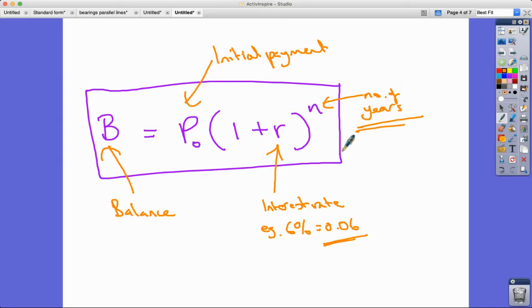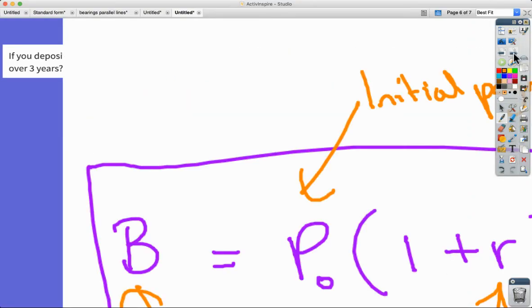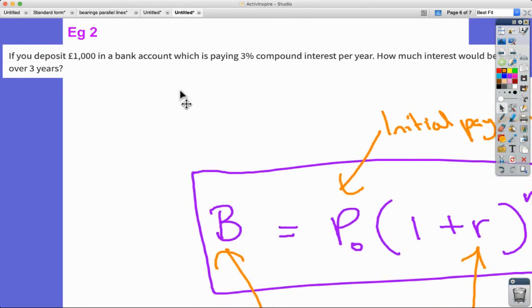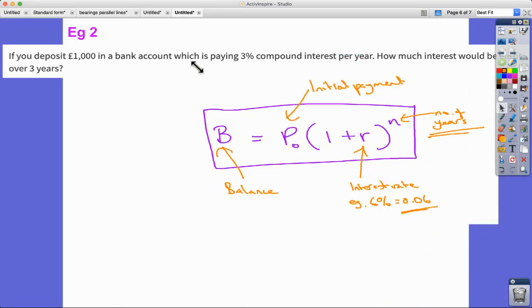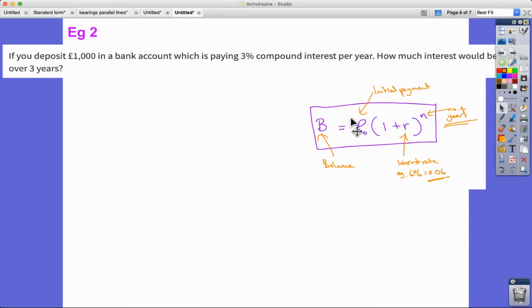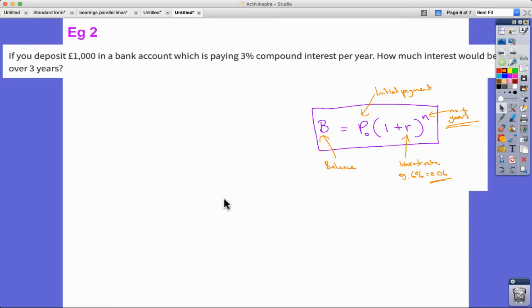All right. Now then, I'm going to go and do another example now and show you that. So we're going to use that formula. In fact, I will take a screenshot of it and I will have it in the corner as we do this next one. So look, I'm actually going to go straight to EG2. We'll do this in a little bit of a different way, but I think we need to practice this straight away. So let's just make this a little bit smaller. Have that there. So let's put these values in.